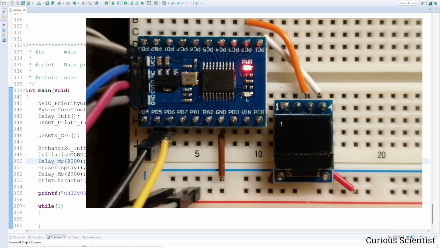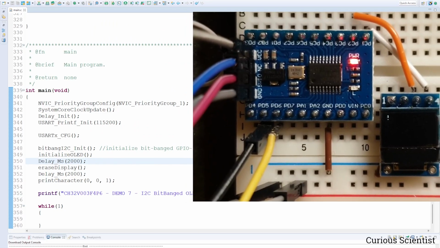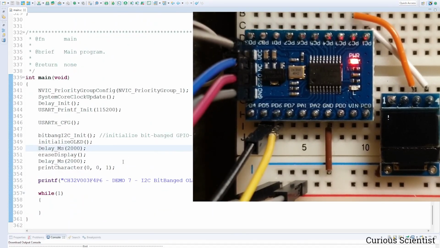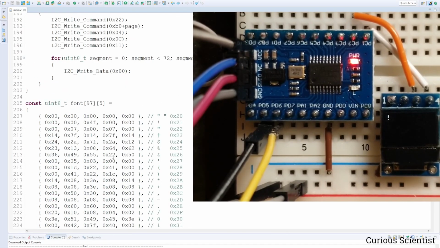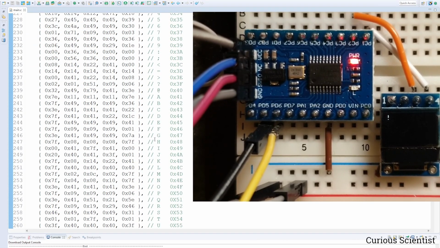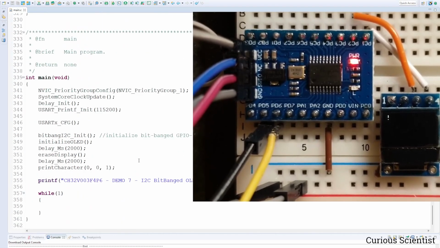Ta-da! So we have an exclamation mark there. And just to show you briefly, if we didn't do anything else, you can see that we called the number 1 item from this huge matrix. And the first item, or number 1 item, is this, because this is the number 0 item. I have no idea about the numbers, but I can just pass a ridiculously large number here, let's say 29,